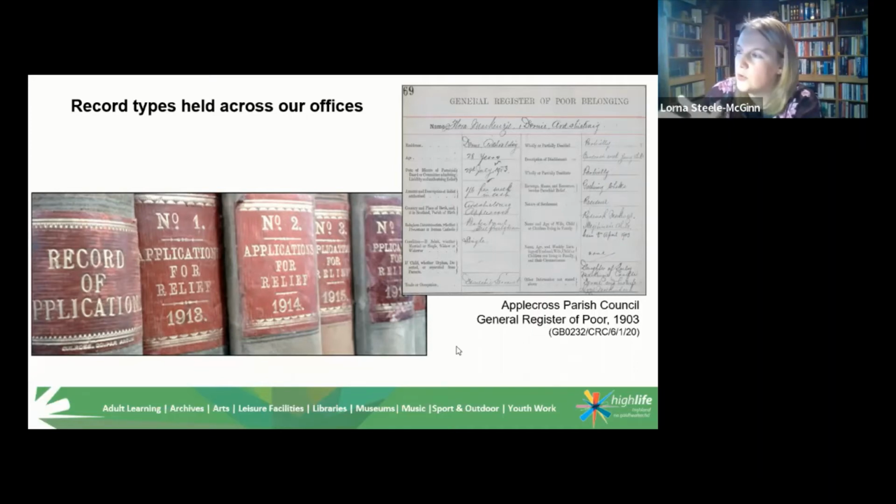And when I was over at Applecross Primary School a couple of years ago now, when the world was still normal, I had spoken to the teacher and the pupils at Applecross Primary, and the teacher was telling me about taking kids onto the foreshore and looking at whelks and things. But the reason that this particular lady has been in the position of having to ask for assistance from the parish council parochial board is because it says she is partially disabled because she's burdened with a young child and she's single. So you can find information in here about individuals, about family members,